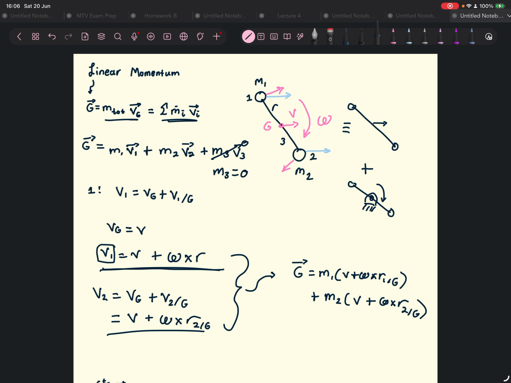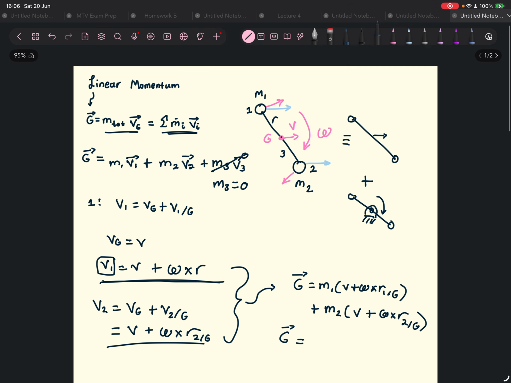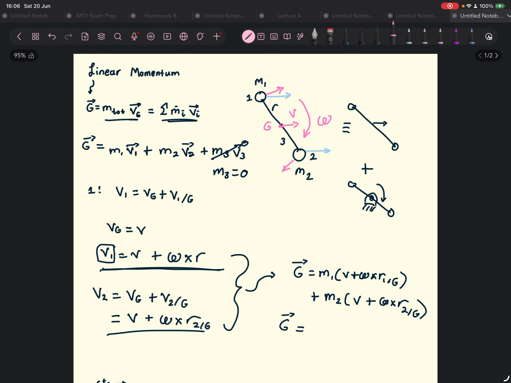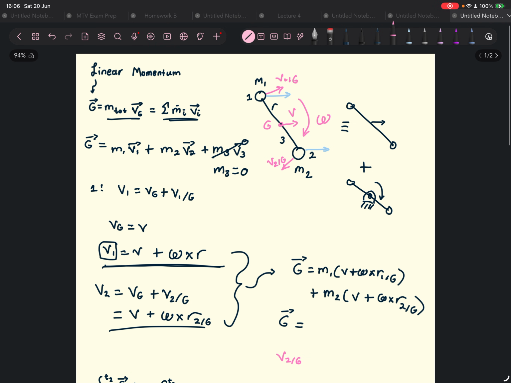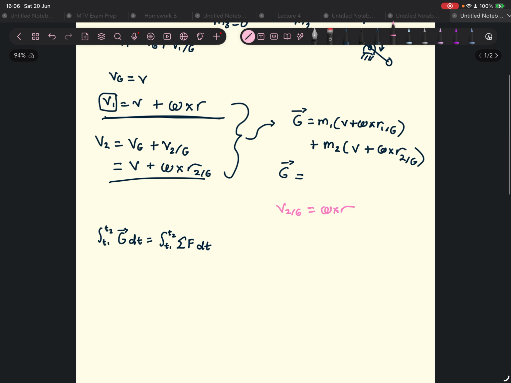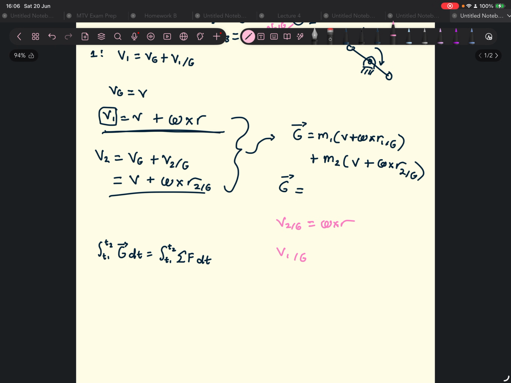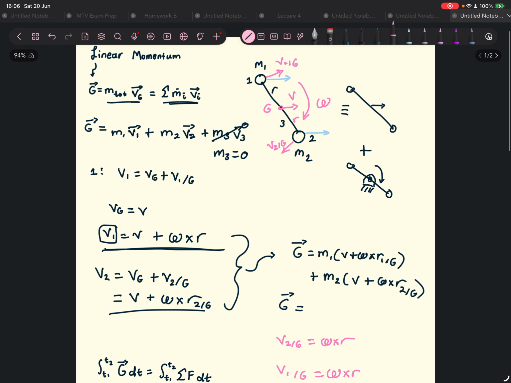When you do that, we can simplify this, and you'll see that this is going to be v2 relative to g, and this is v1 relative to g. If we look at the equation for v2 relative to g, it's the same magnitude because the radius is the same, right? Since it's just omega times r, just in the opposite direction of v1 relative to g, which is also equal to omega times r. They're going to cancel out, right? So